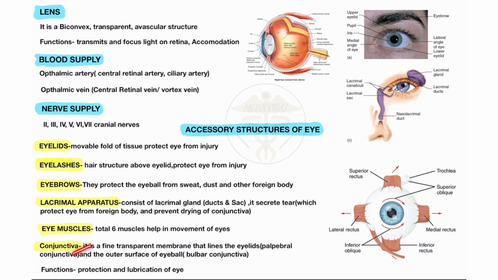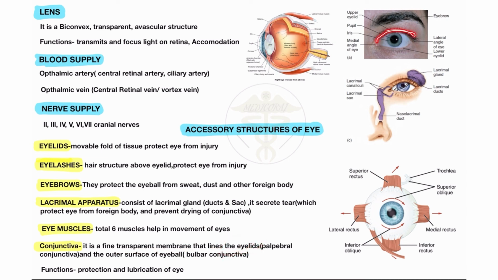The last topic is the conjunctiva. It is very important because you will see many complications, like conjunctivitis in many patients, which is due to inflammation of the conjunctiva. The conjunctiva is a thin, fine, transparent membrane on the sclera. You will not normally see it; you see it when you look with a microscope or different ophthalmological instruments. It is a fine transparent membrane that lines the eyelid.